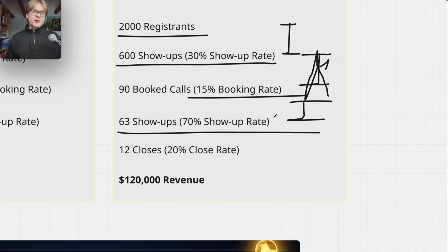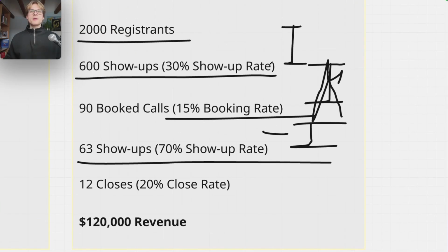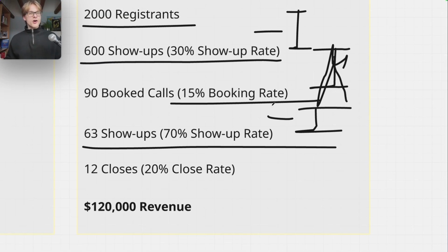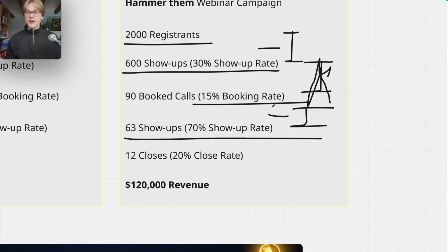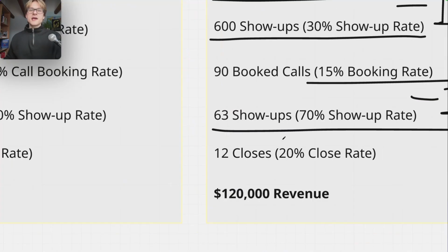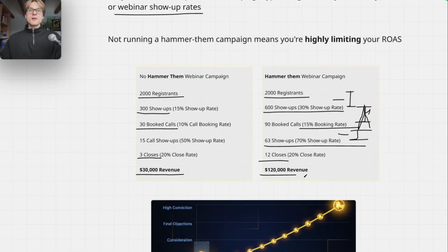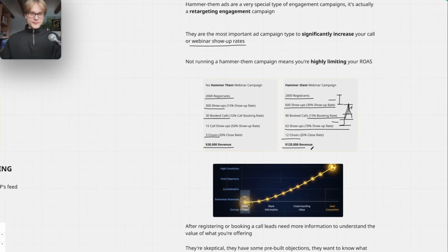And then what you need to keep in mind, like there's a Hammer campaign 1, Hammer campaign 2. Okay, so it's not only one Hammer campaign. Obviously, we're spending more, but we're getting way more back, as you can see over there. With the same close rate, this would be around 12 closes with a 10K offer, $120,000 revenue from the same campaign simply by implementing a M&M strategy, right?